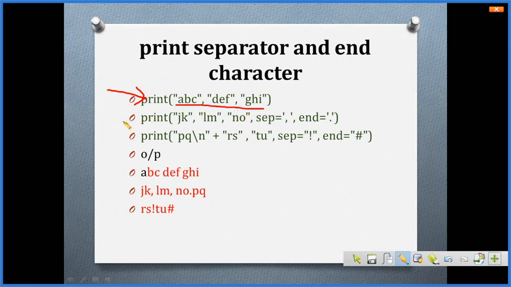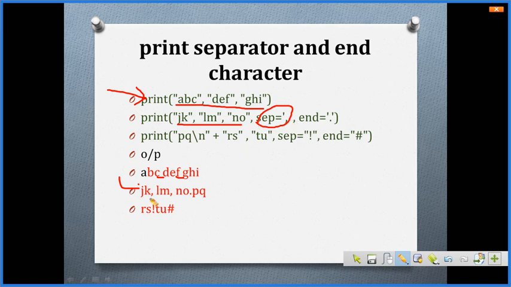But when I use a new print statement, whatever is inside it comes in a new line, that is JK comes in the new line. The default separator will be a space, so you can see that between every string inside the print we have a space separator. But if I want the separator as a comma, I have to specify sep equal to whatever string you need.